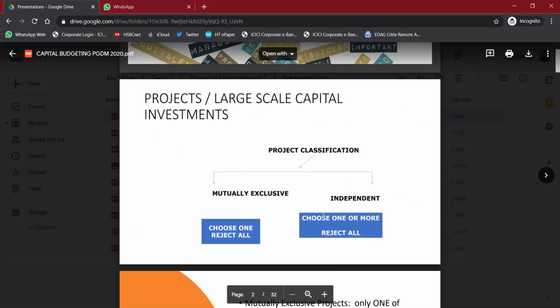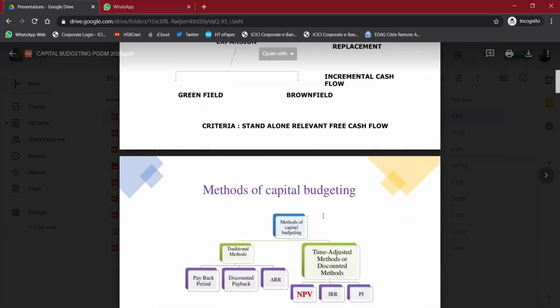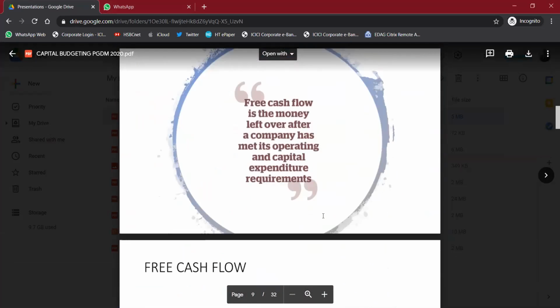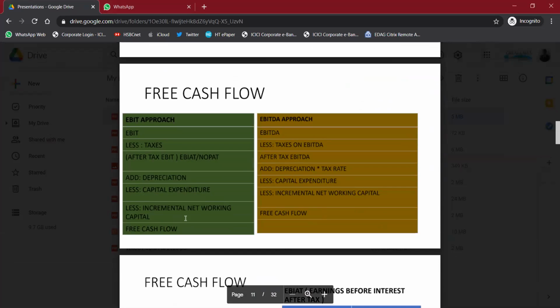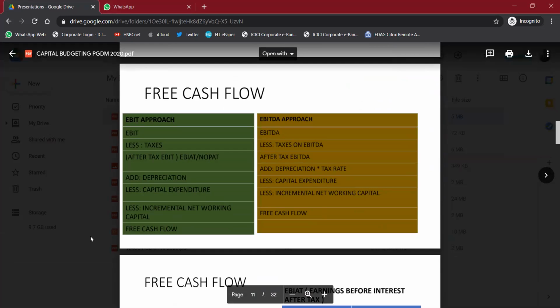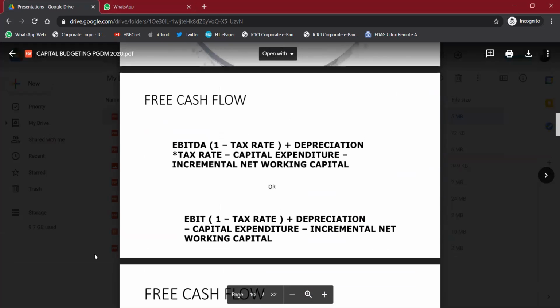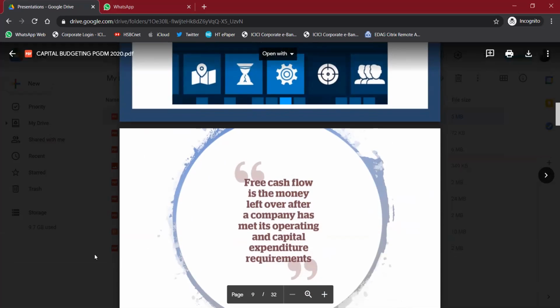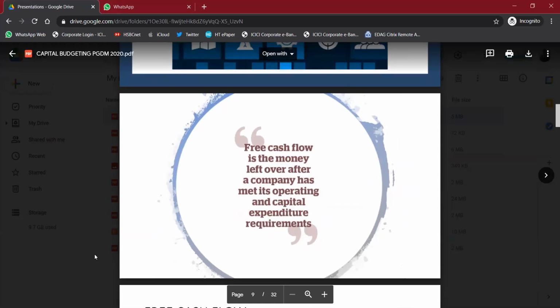So basically we calculate the cash flow to decide which project. ठीक है, वो सब छोड़ो. नीचे जा, थोड़ा ऊपर जा. So basically ये definition ही ध्यान रखना है कि it is the money left over that